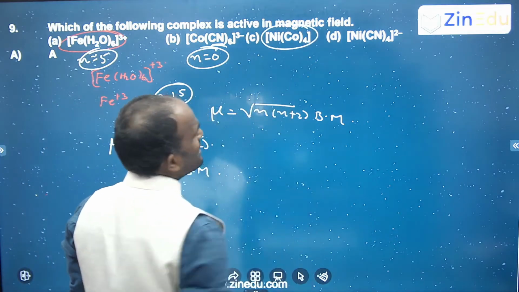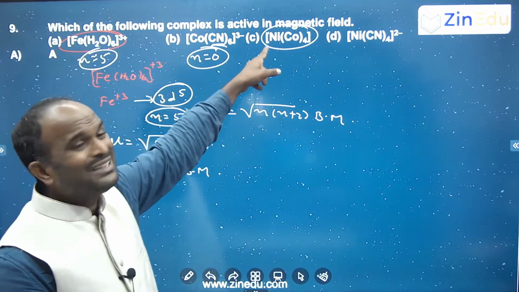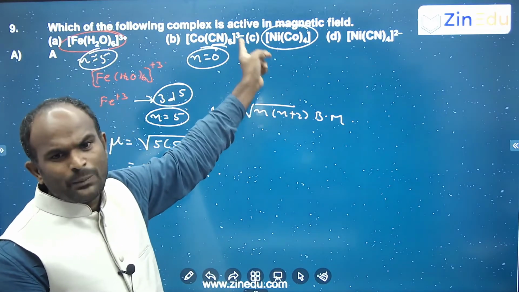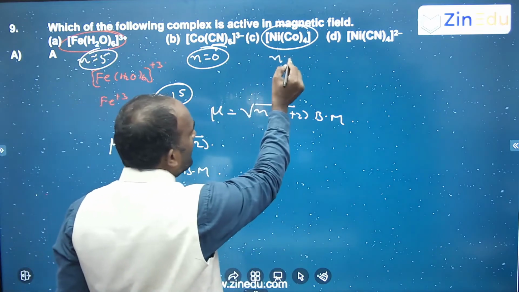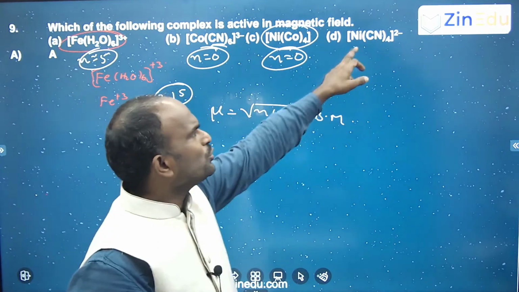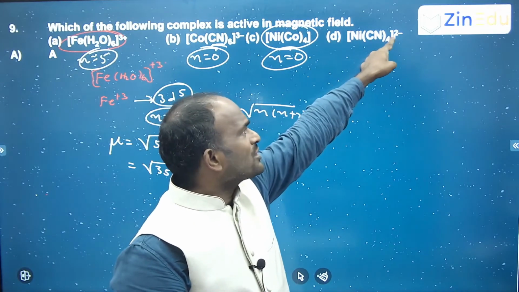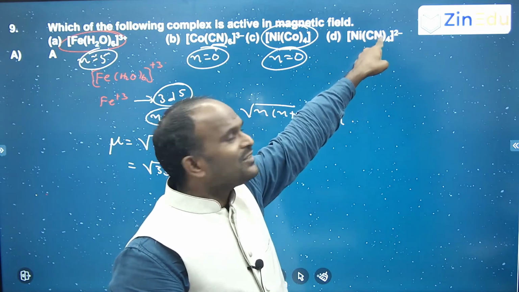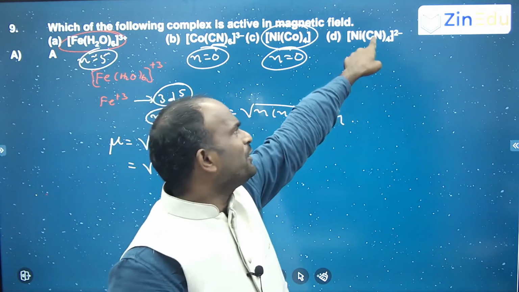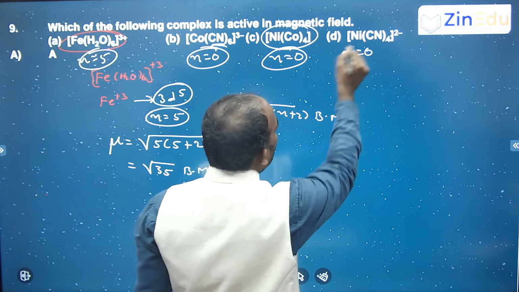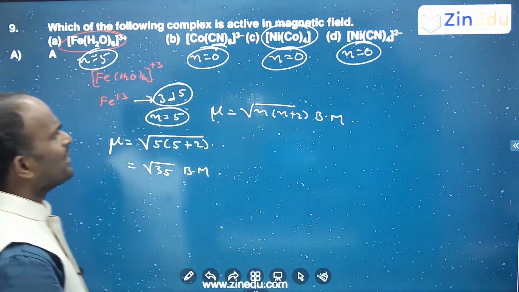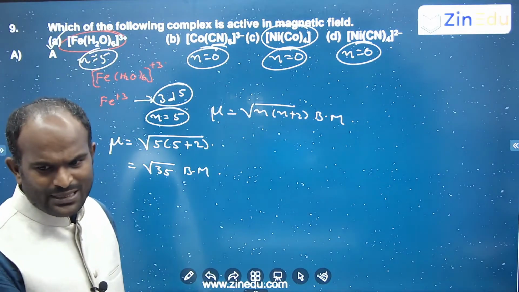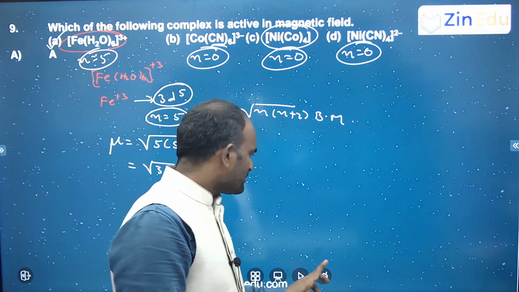This is actually 4s2 3d8. In the presence of the strong ligand carbon monoxide, all the electrons get paired up. It becomes 3d10. The number of unpaired electrons is equal to 0. Then 4s2 3d8, but here the oxidation state is Ni plus 2, d8. In the presence of a strong ligand, all of them get paired up, dsp2 hybridization, and the number of unpaired electrons here is equal to 0, right? So this is the only active one we have so far among those options, right? Next.